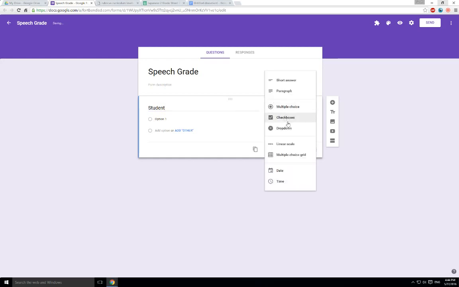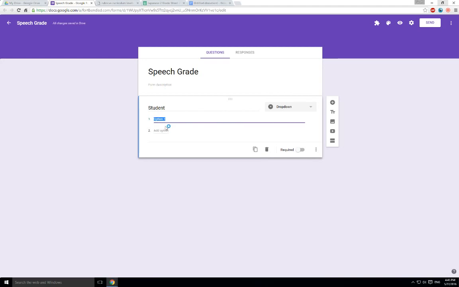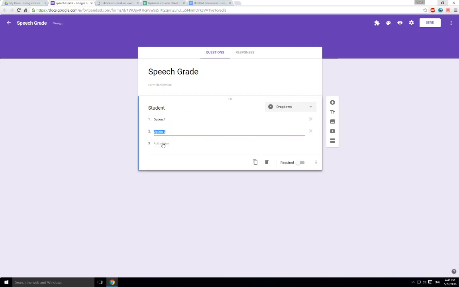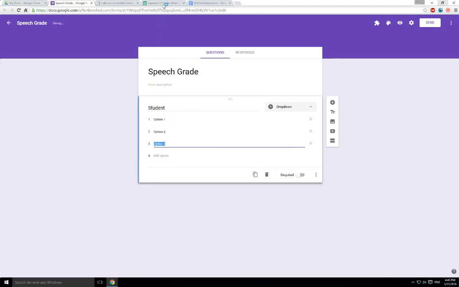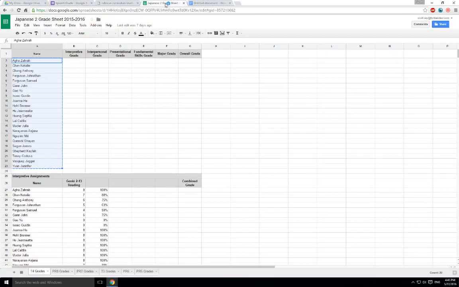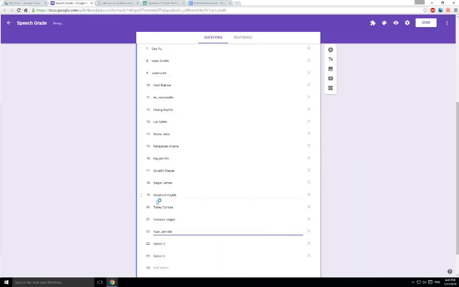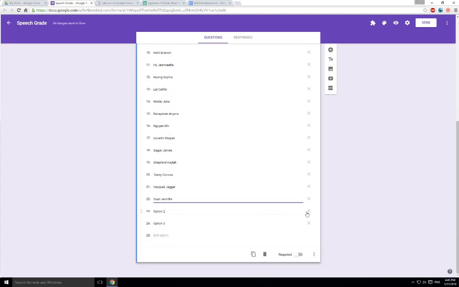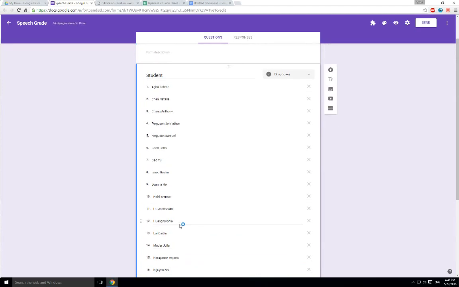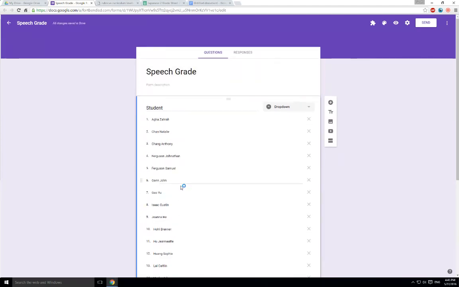Instead of multiple choice, we're going to use a drop-down box. Then for each of these options, you are going to enter student names. I'm not going to enter each one here manually. So this is a sheet with all my student names already on it. I'm just going to copy and paste them in, and get rid of these extra options that are blank. There we go. So now I have all 22 students from one of my classes that we're doing this grade